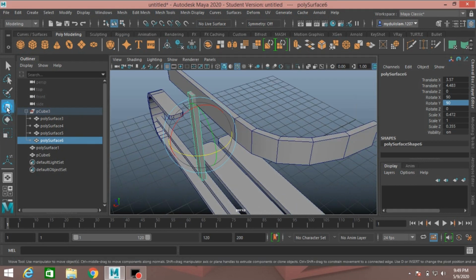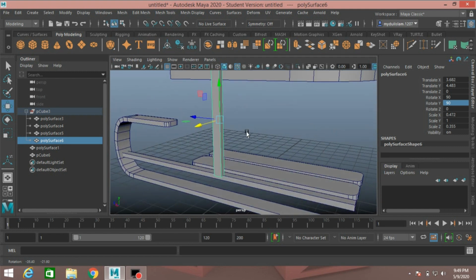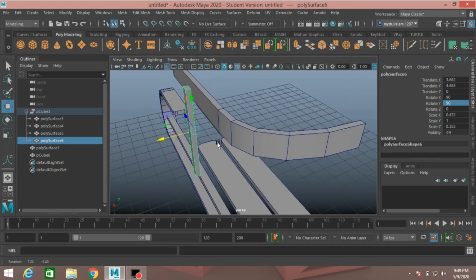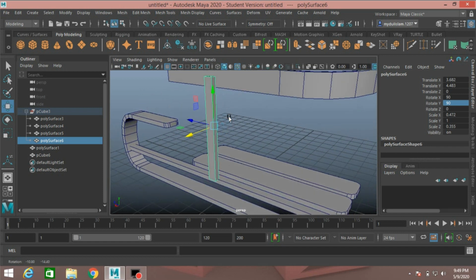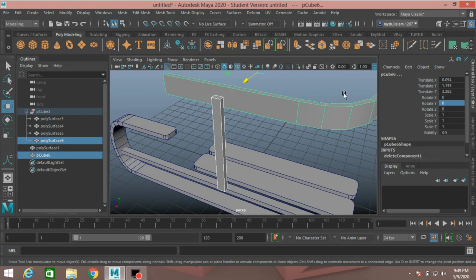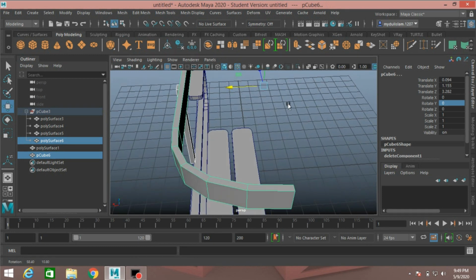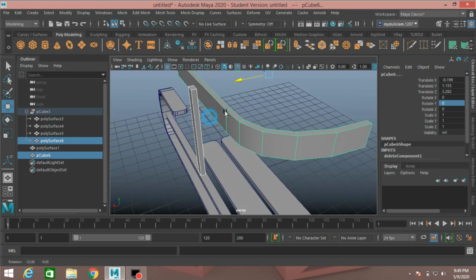Now move it just like here. And select these two objects and move just like here.